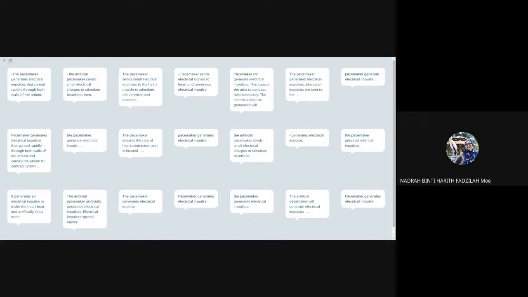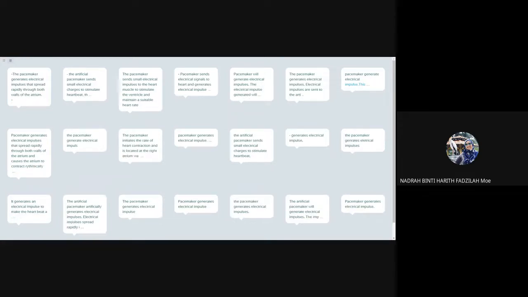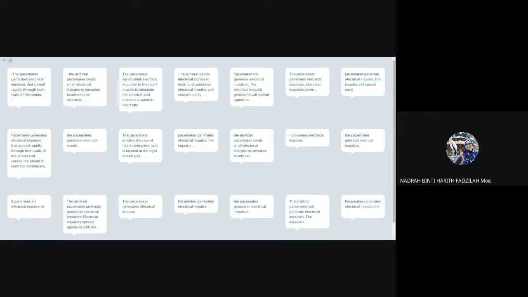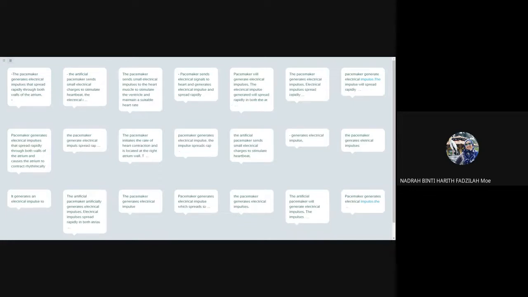After generating the impulse, the impulse will spread rapidly to both walls of the atrium. Okay, thank you Farah, Kristina. It will go to the atria first. Yes. Because the mark for it is 4, right? So if the mark is 2,